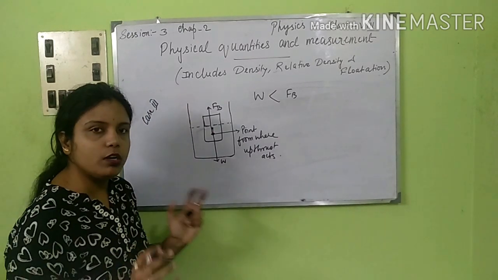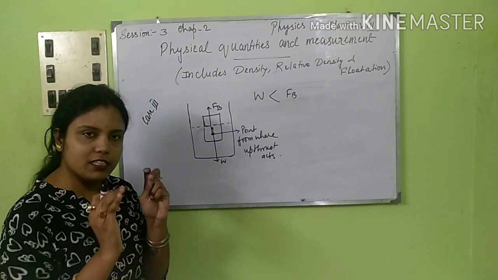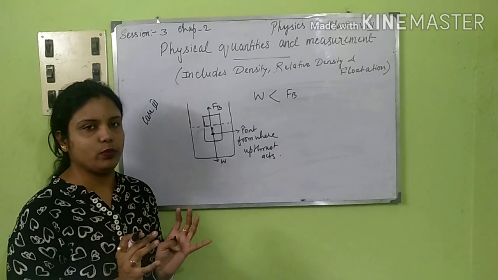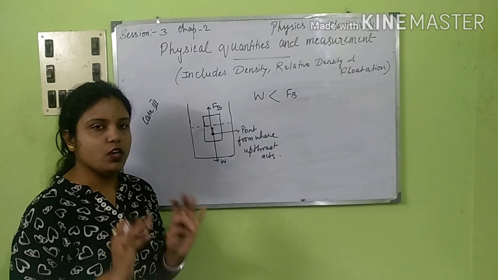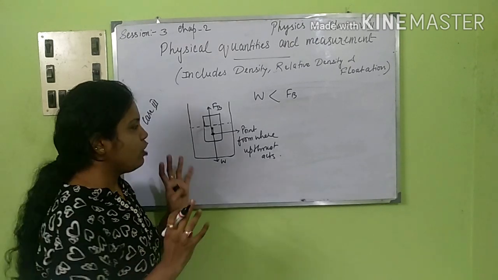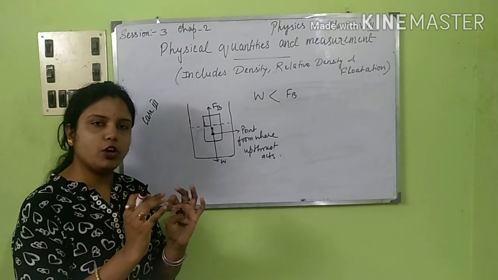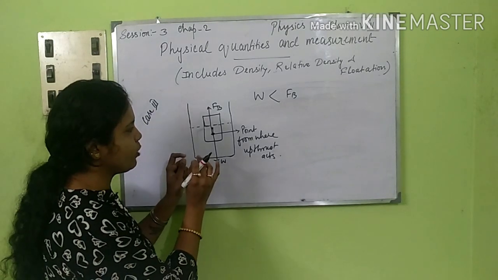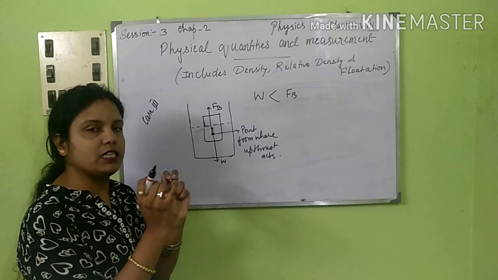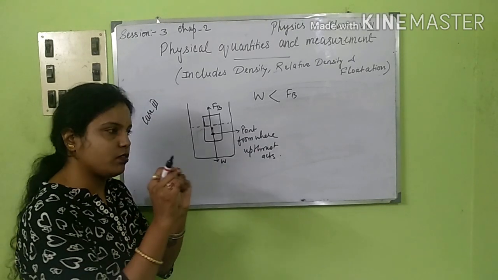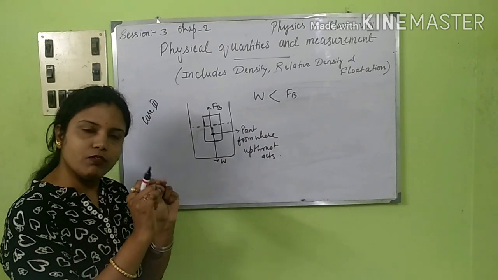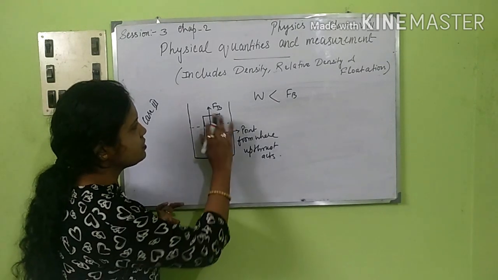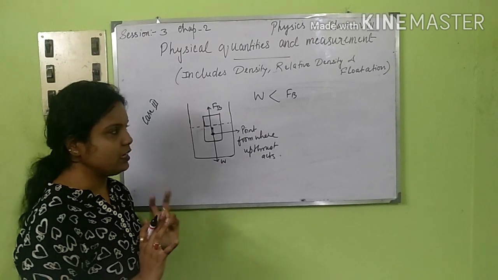It is not from the whole body that the upthrust is going to act. It is from the middle point of the part of the body which is inside the liquid. Okay, please remember this thing. Weight, wherever you keep the body, always acts from the middle portion of the body, and upthrust always acts from the particular point which is immersed inside the liquid. That is, from the middle portion of the body which is immersed inside the liquid, only from that part. Okay, so this is what Fb is in this case.